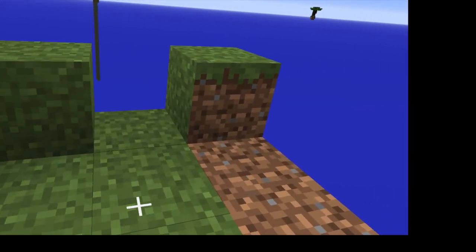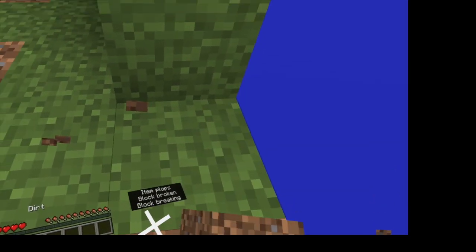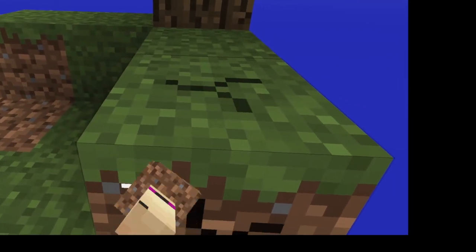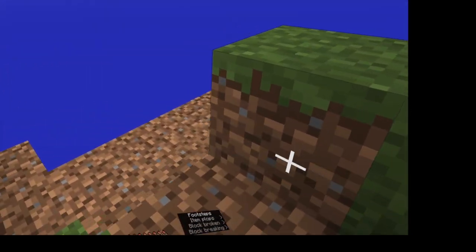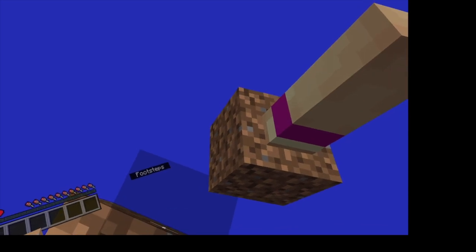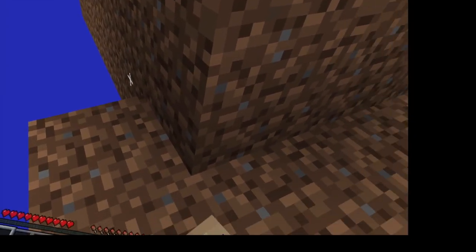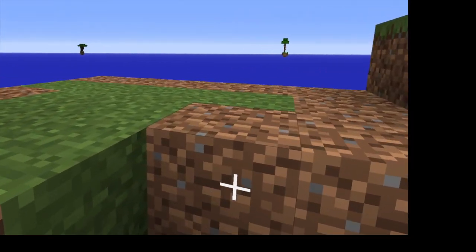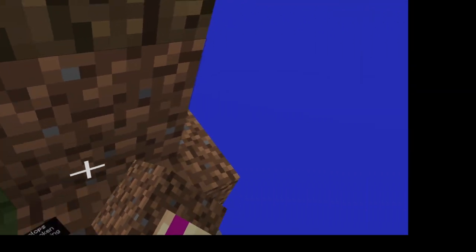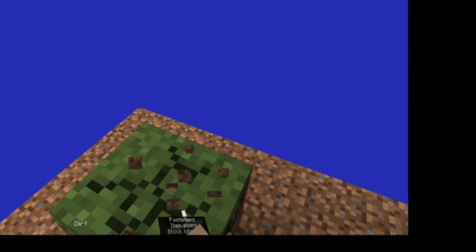Now I need to leave some space because we need to set up a cobble generator here. Got that one. Oh, I don't want it to fall off into the void. Okay. I am so scared doing this. Okay. Now,